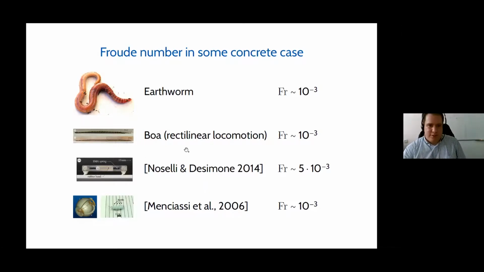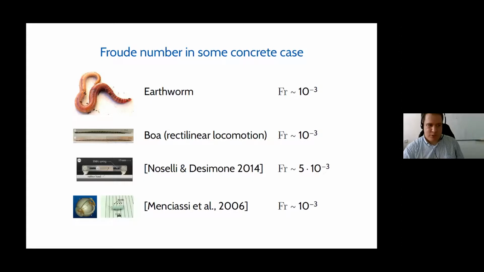So also for snakes going straight, it's good. For some robots, I found all the full data to compute it for two of the quite old and quite slow ones, and we are again about 10 to the minus 3. I still haven't done the computation for some of the fastest ones, but I